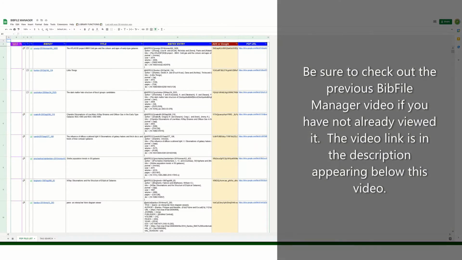I am super excited to show you a new feature recently added to the BibFile Manager tool. This new feature allows one to search their BibFile library for tagged topics in a straightforward and visually pleasing manner. But most importantly, the feature allows a set of complicated search criteria to be applied in a search query in